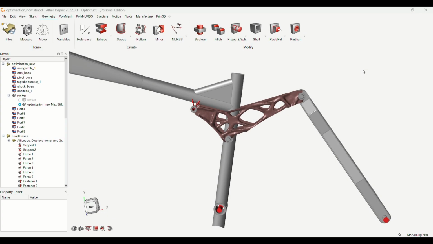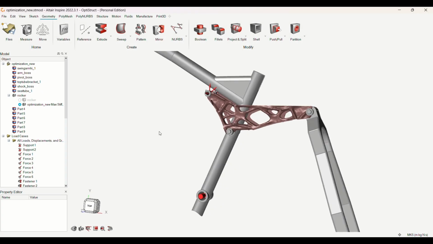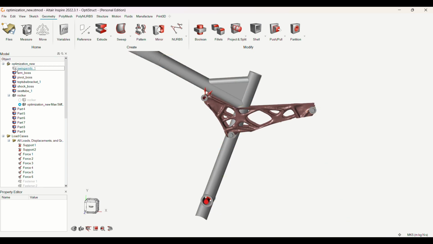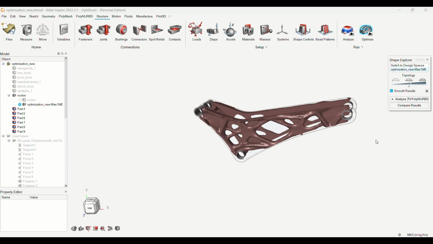Once it is done, we can see the final component with a reduced and sufficient amount of material. Now you can observe the final component and analyze it again to check the factor of safety, displacement, von Mises stress and maximum shear stress.